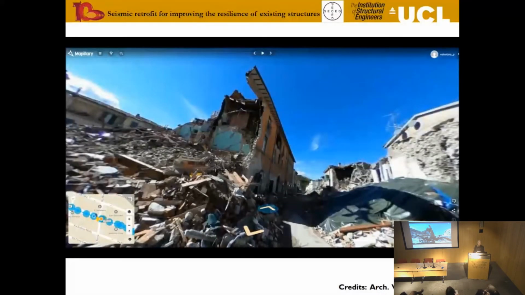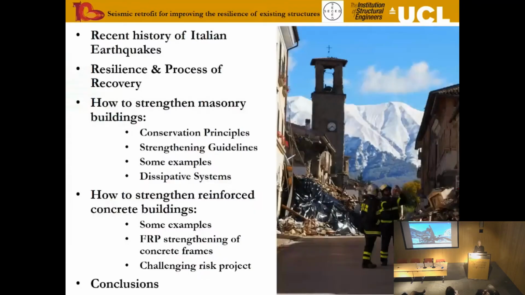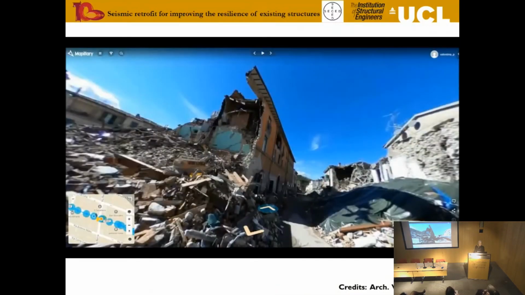As we walk down the main corso, we can see that some buildings are completely collapsed while others remain standing, even though they were seriously damaged. And in a strong event like this, as engineers, we would expect that most buildings designed appropriately would sustain damage but would stand up. In performance design engineering, we would call this a life safety performance target. Clearly, this didn't happen here, and we need to ask ourselves why.